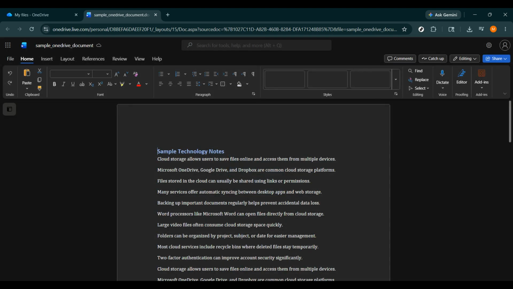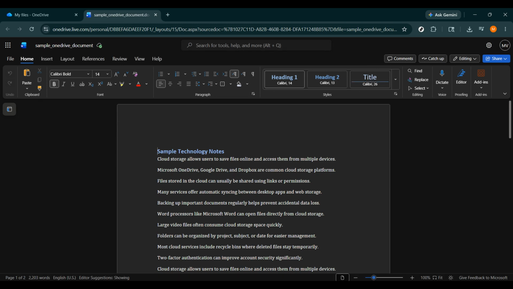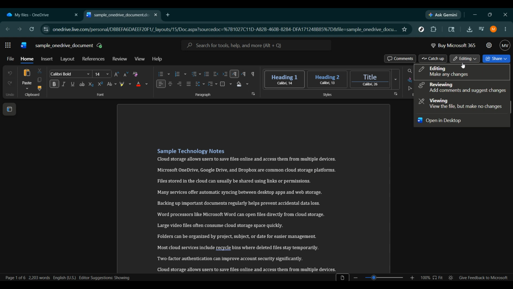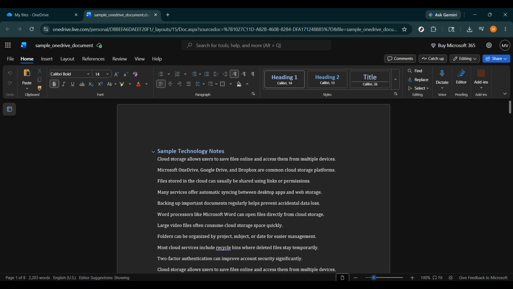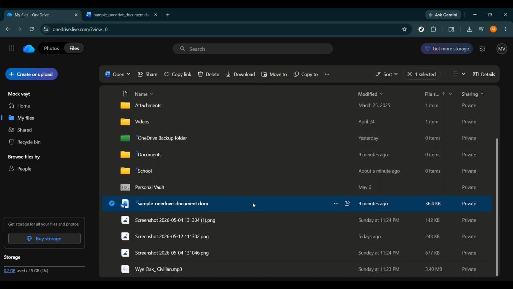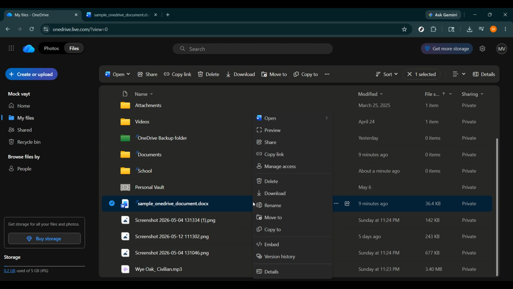In many cases, the file will open automatically in Word Online, which is Microsoft Word in your browser. If that happens, you're already in the right place and can begin viewing or editing the document immediately. If the document does not open right away, look for an option that says Open in Word or something similar. This will launch the file in Microsoft Word so you can work with the full desktop or online Word experience,